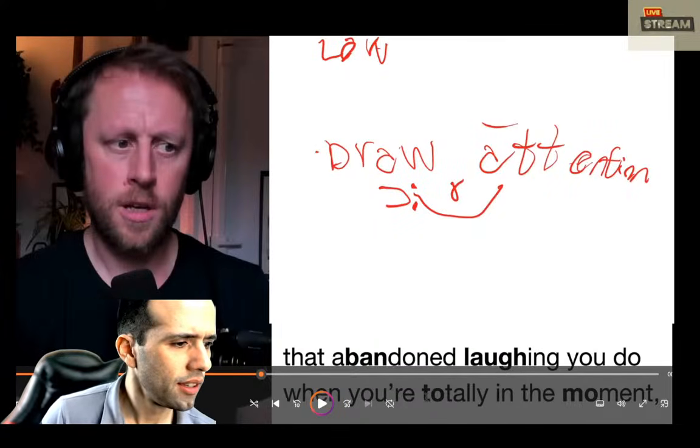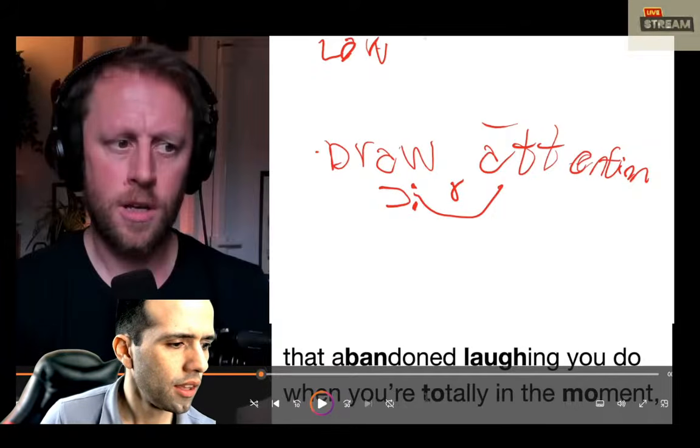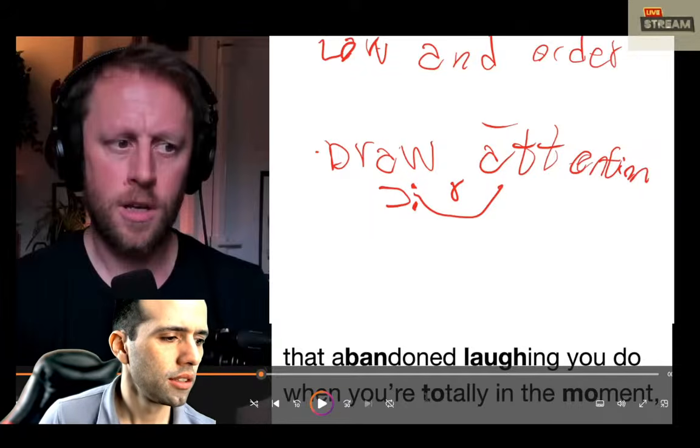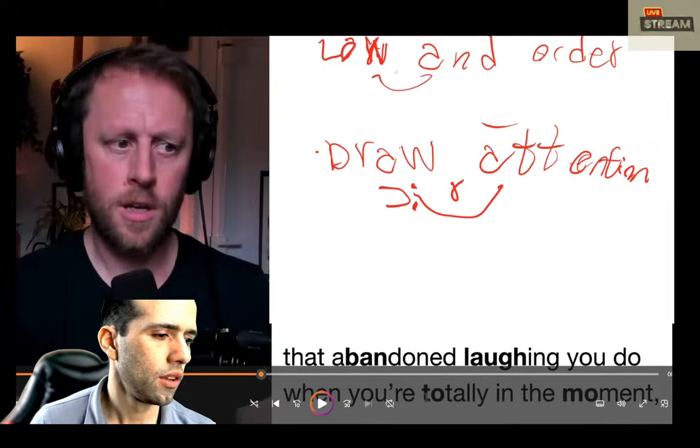Sure thing. The intrusive R appears because law ends with a vowel sound and order starts with a vowel sound. To make the transition smoother and avoid a glottal stop or a break between the words, an R sound is inserted, making it law and order. This linking R helps the words flow together naturally, which is a hallmark of Southern Standard British English and similar